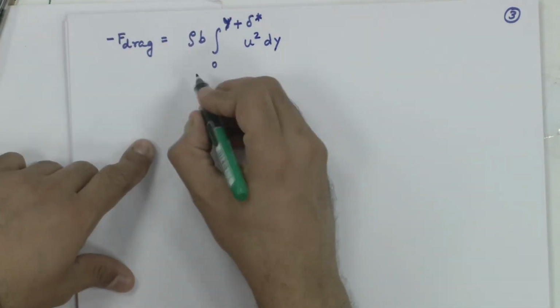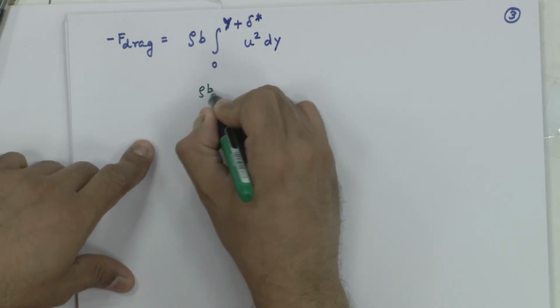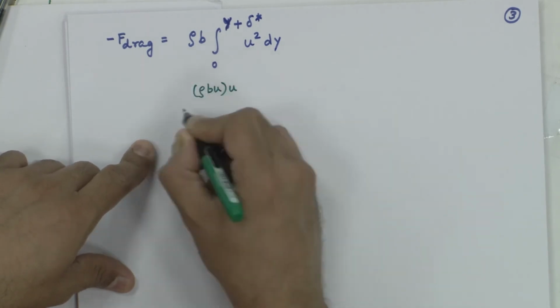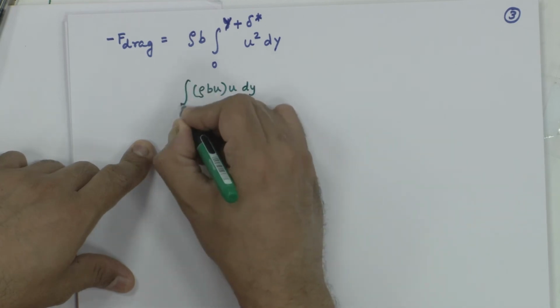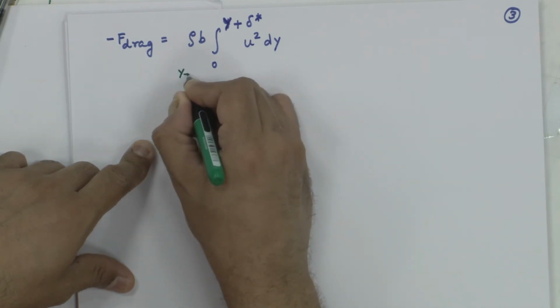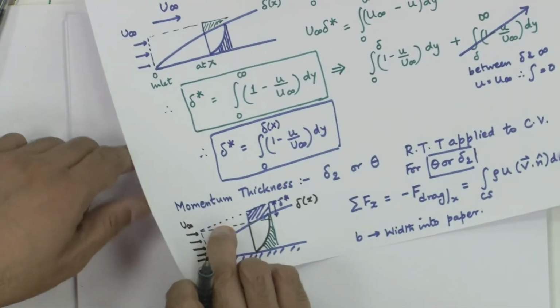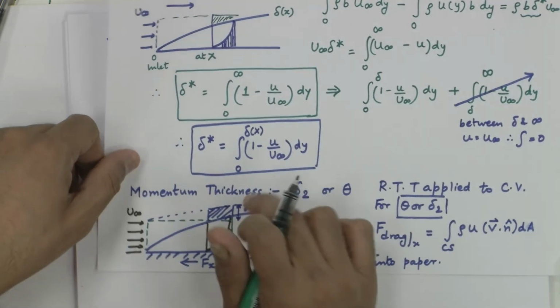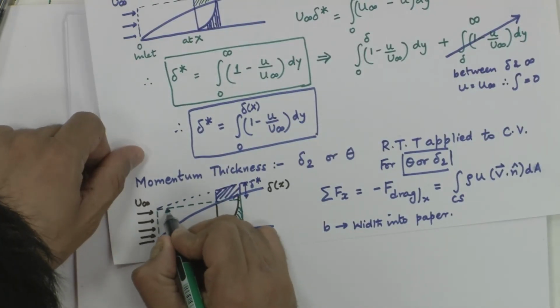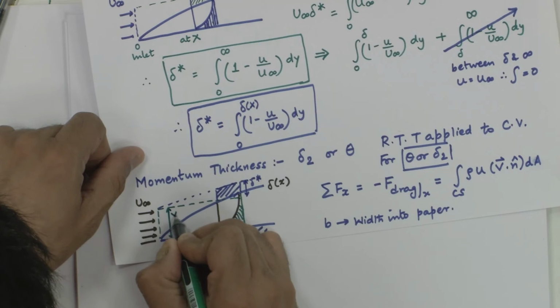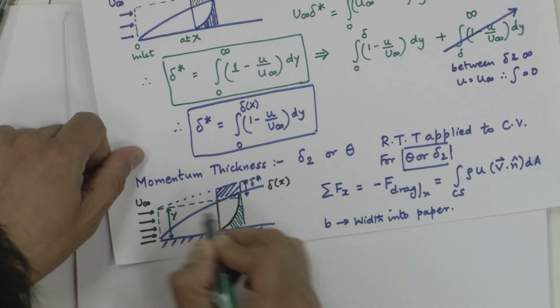All of you would know this. This is nothing but rho b u into u dy integrated from 0 to Y plus delta star. What is this capital Y? Capital Y is the edge of the boundary layer, this green dashed line, which is at a distance capital Y from the flat plate. So, that is Y plus delta star,